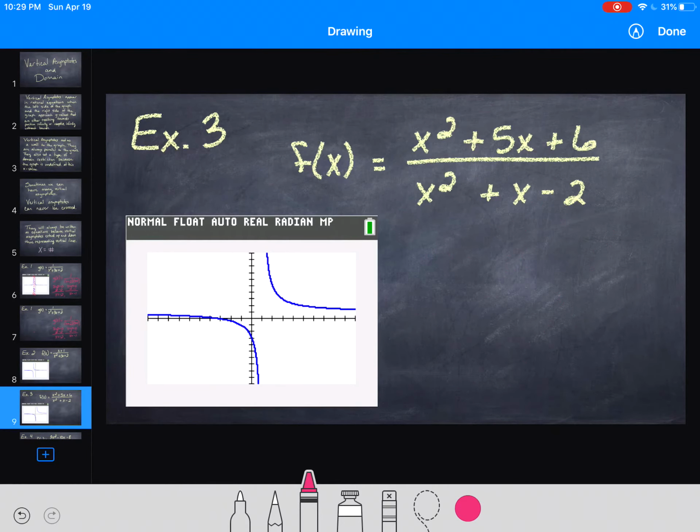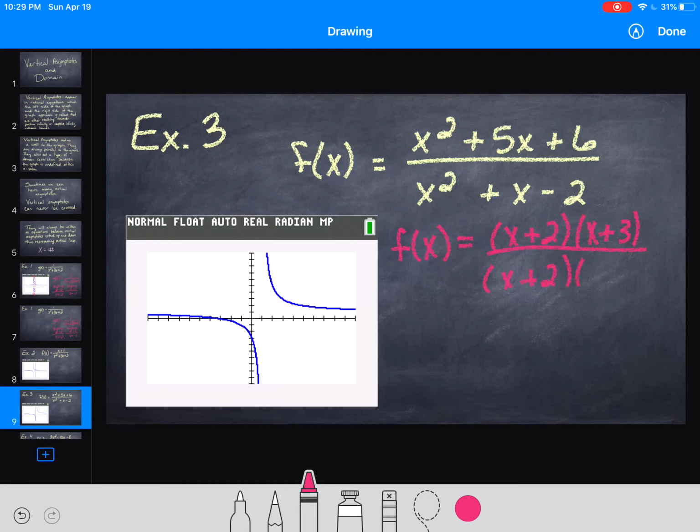Let's take a look at example 3. On example 3, I have f of x is equal to x squared plus 5x plus 6, all divided by x squared plus x minus 2. If I want to find out where my vertical asymptote is, I'm going to factor my numerator and factor my denominator and simplify. I end up with f of x is equal to x plus 2,